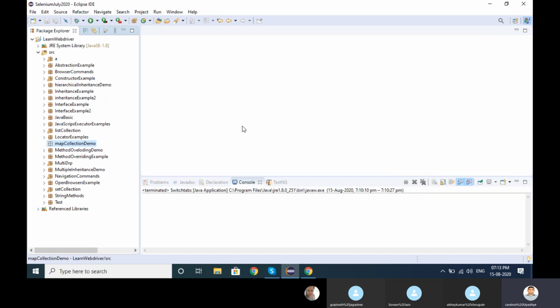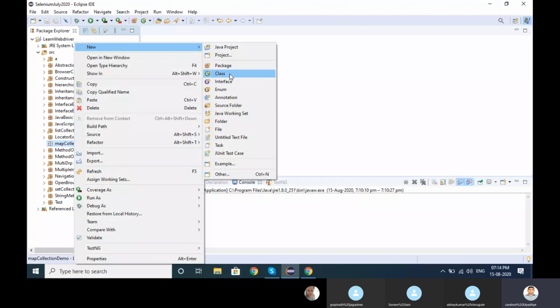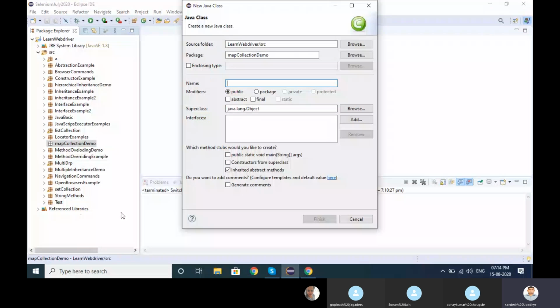Okay, so the map is again, when we create a map, it takes unique values, but the map takes a different kind of value, that is a key value pair. It's similar to other collections, but with only a small difference: it's taking key value pairs.